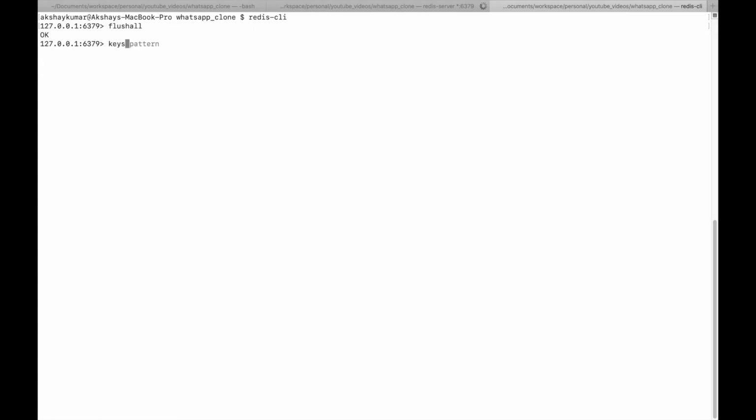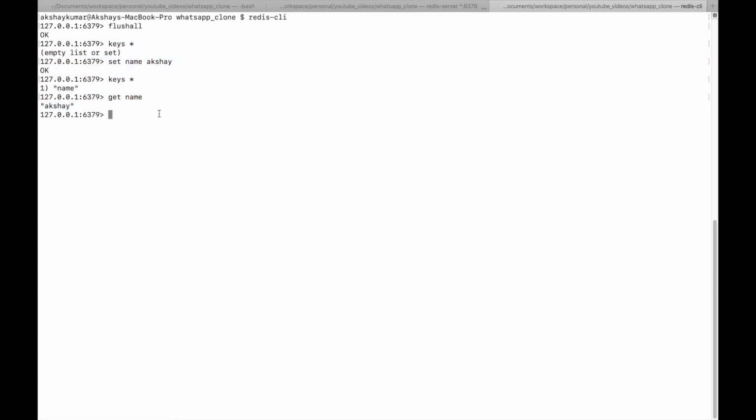Now if you want to check all the keys inside Redis, write KEYS *. Because we already flushed all, there are no keys. And if you want to set any key, you can write SET name value, so it will set. And again, if you do KEYS *, you can see the name. And if you write GET name, we'll get Akshay.